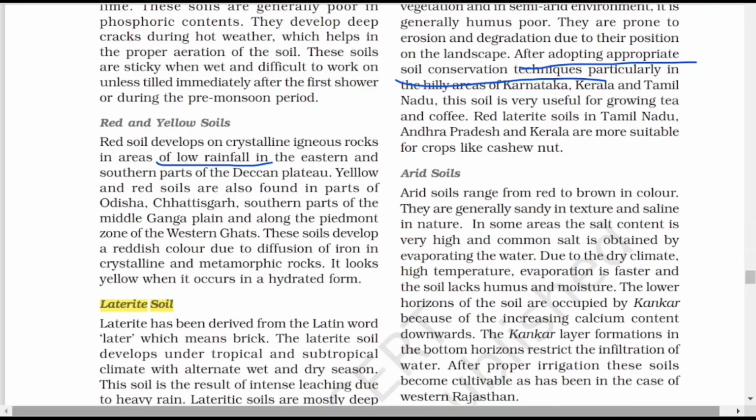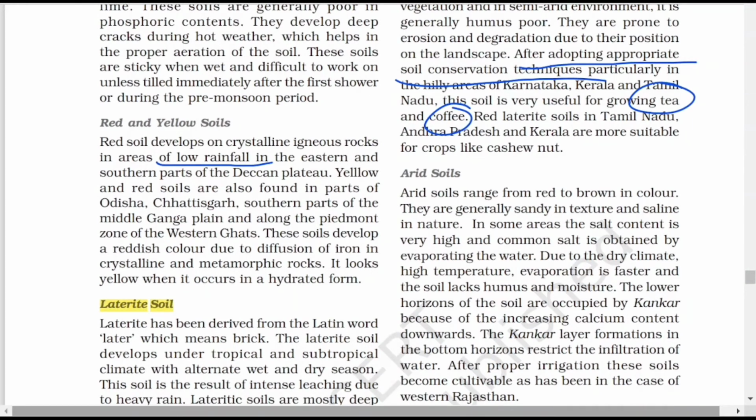Otherwise, we can go for contour plowing. It is almost similar. Wherever the flat land, use the flat land for cultivation. Wherever the slope is there, leave it. So we can go for exact techniques of farming in this type of soil, maybe terrace cultivation, maybe contour plowing. Then this soil can be used for some of the crops. And it is very good soil. For two crops it is given here. One is tea and one is coffee.